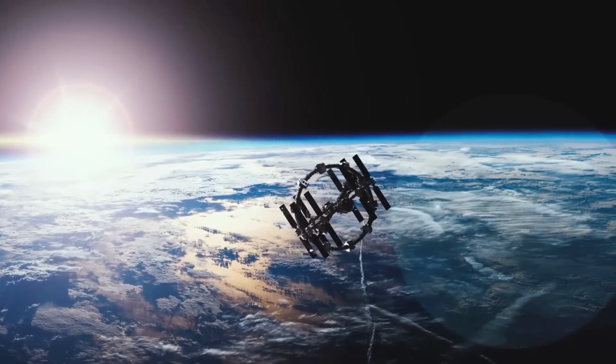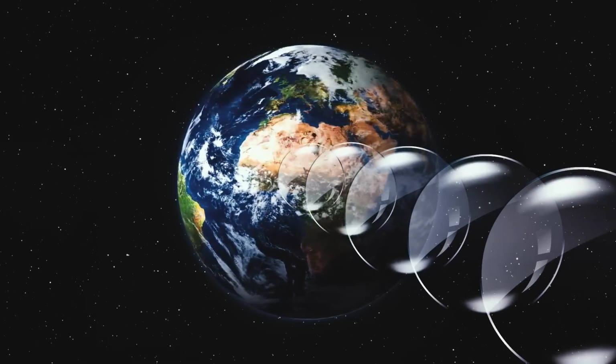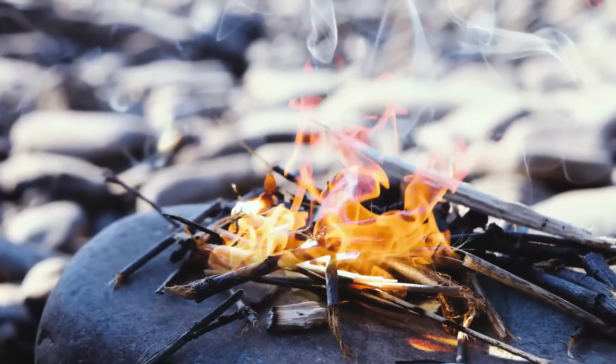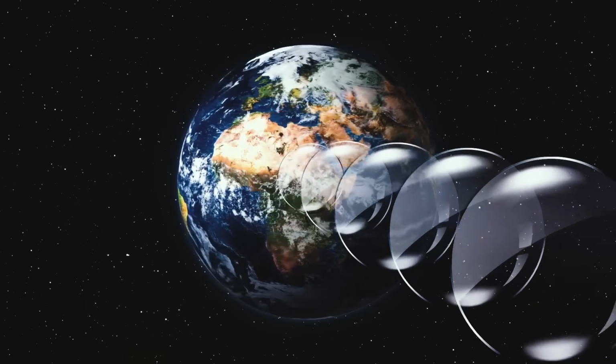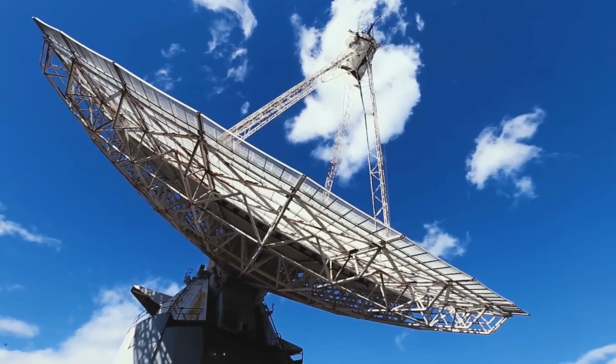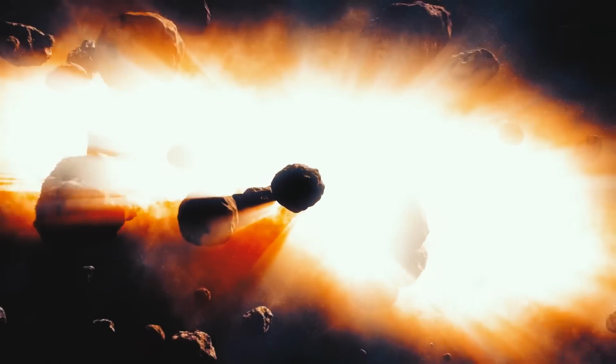Another way to protect Earth would be to build a system of giant lenses in space. Perhaps you've tried focusing sunlight with eyeglass lenses. Then you know how hot this sunlight can get. Now imagine having many giant lenses that are all directed at one point. Scientists think that focusing such a powerful beam of light on the asteroid would make the rock melt and evaporate,